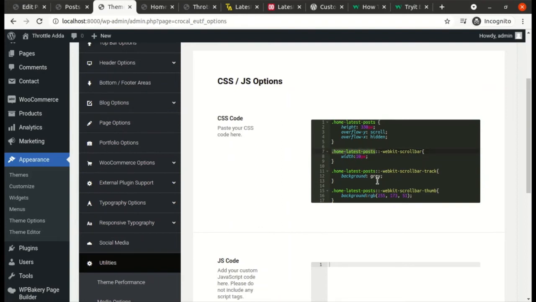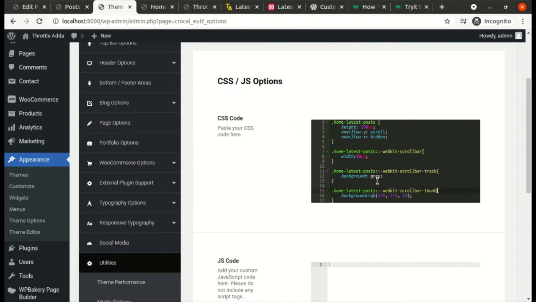Okay, home latest posts. Now ::-webkit-scrollbar tells us what should be the width of the scroll bar. Okay, how thick the scroll bar will be. The next is WebKit scroll bar track. So track means the background color of the scroll bar track, which starts from the top till the bottom of the box.